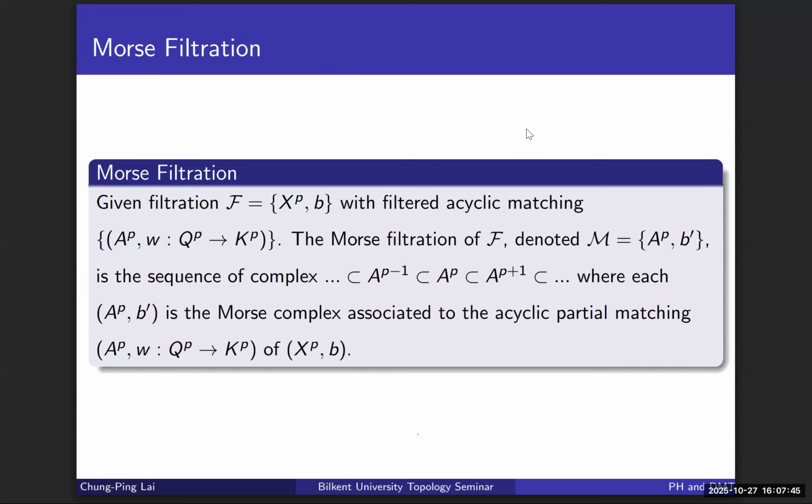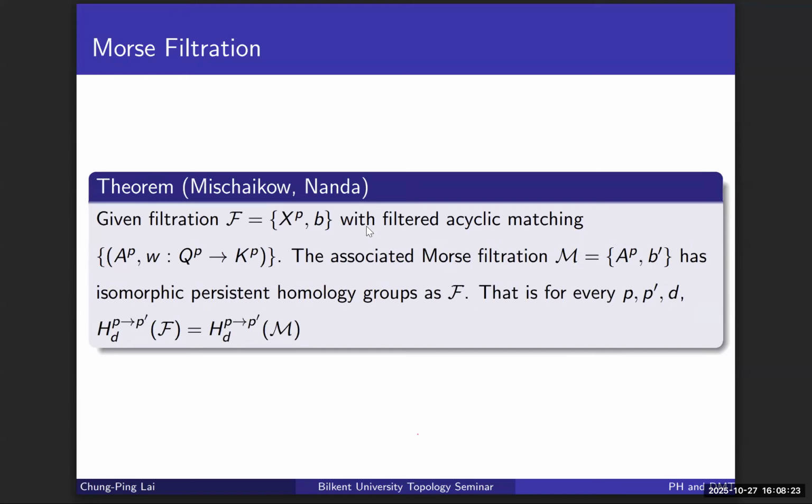So it turns out that if you look at all the individual Morse complexes, where the Morse complex is basically the critical cells with a highly modified boundary incidence function, so if you look at the Morse complex of each frame, A^p with boundary ∂'^p, they also become a filtration, and in fact they have the same persistent homology groups as the original filtration, which is a theorem given by